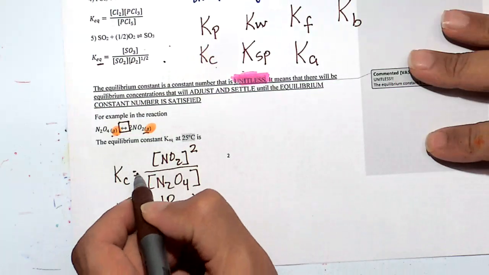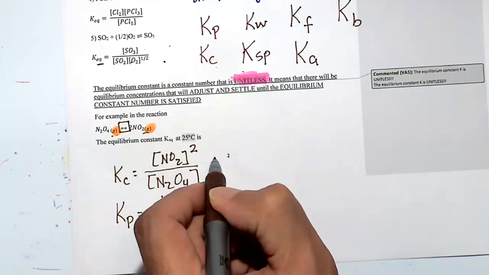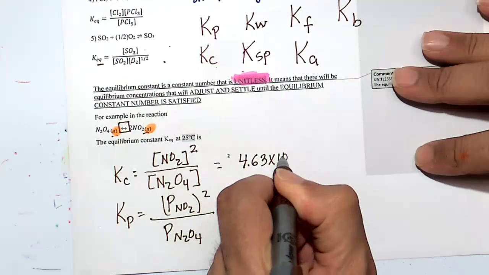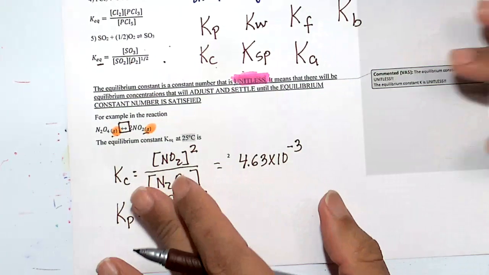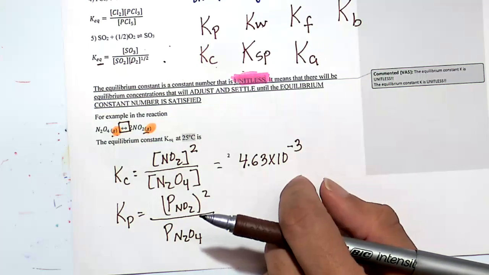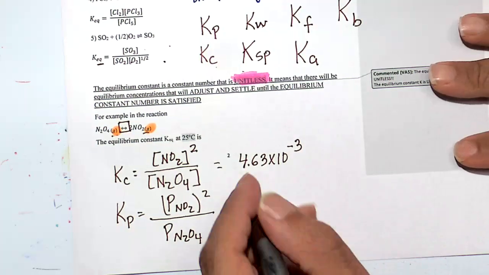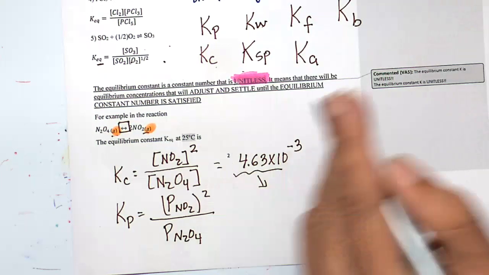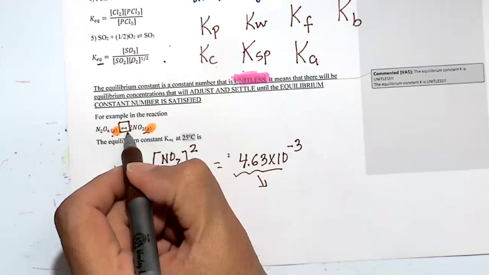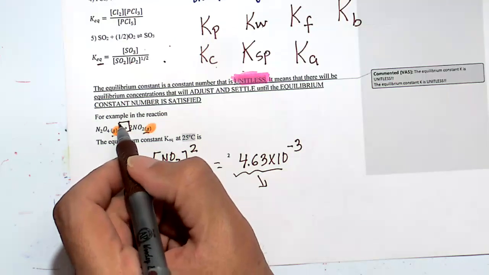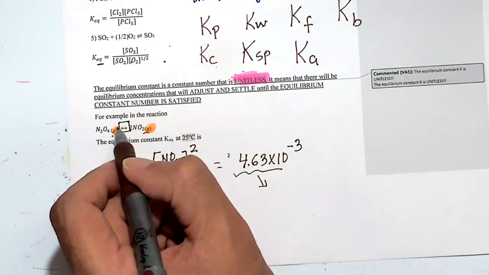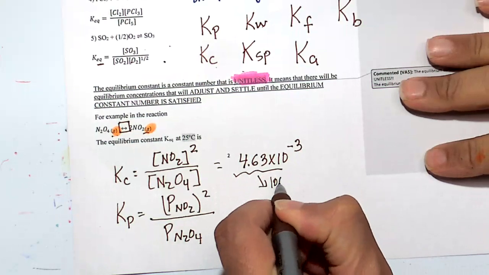All right, so this value, I have it on the next page here. We looked this up in the book, or I looked it up in the book, and I got it as 4.63 times 10 to the minus 3, the concentration. Where did I get this? You just look it up from the book. So you can imagine you'll have all these different reactions. All of them have equilibrium constants, if the reaction is in equilibrium. Not all reactions are equilibrium. Some reactions just go straight to products. So here we just look up.